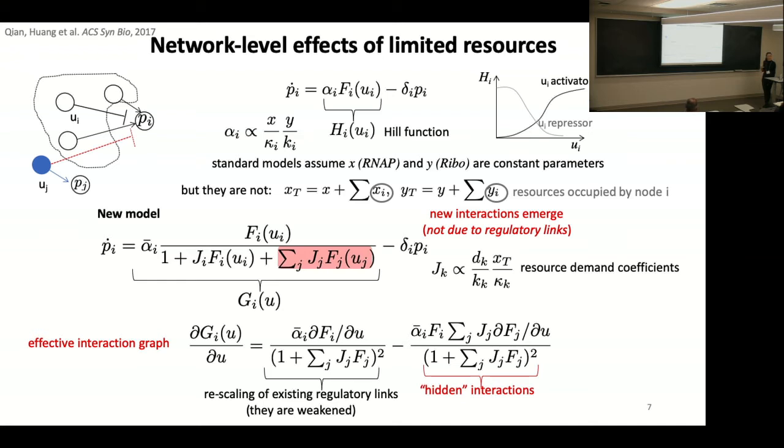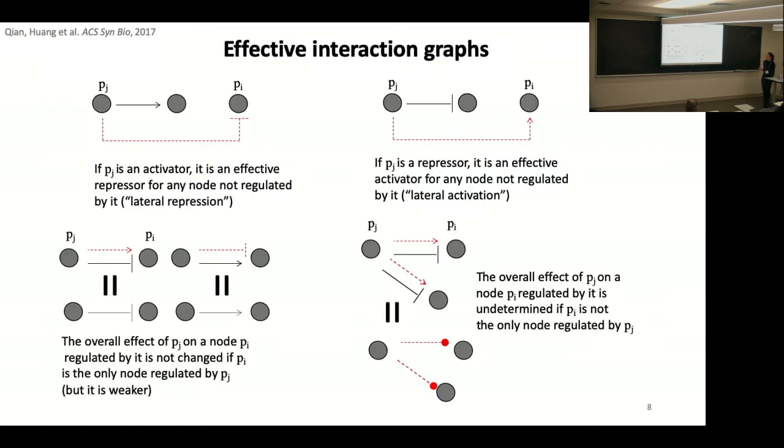So these are not regulatory interactions, but they appear just because of this resource loading. Okay? So in summary, here are the effective interaction graphs, and these are rules that are independent of parameters. Anytime you have a regulator which is a transcriptional activator, it is going to act as an effective repressor for any other gene in the network, just because in the act of activating a gene, it is sequestering resources from